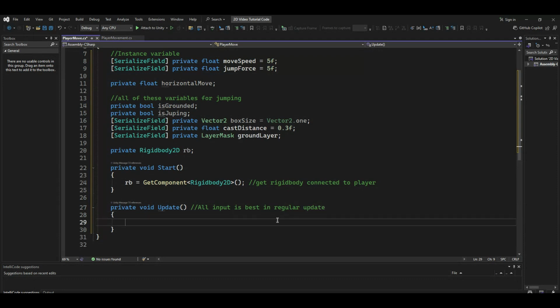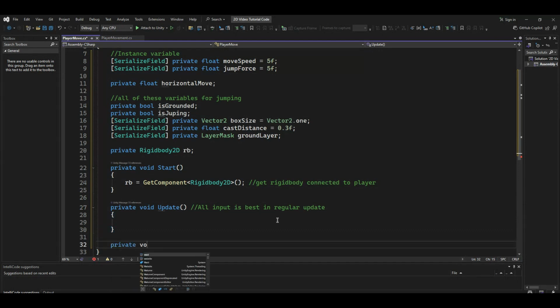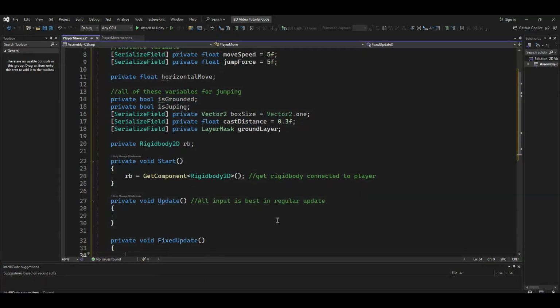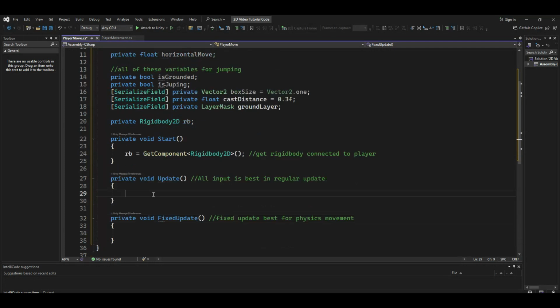And then physics will be best inside of the FixedUpdate. I might as well start writing that now. Private void FixedUpdate. It'll be best for the physics movement. Okay, so inside my Update,